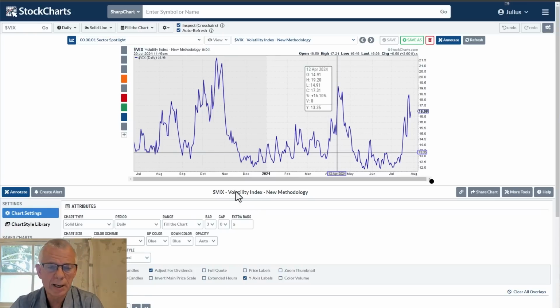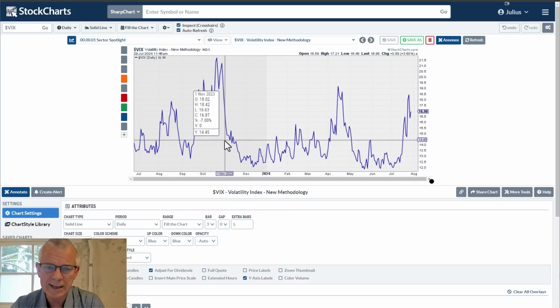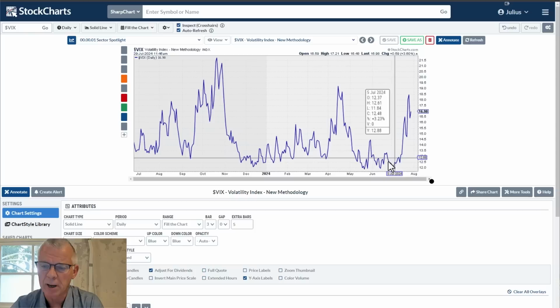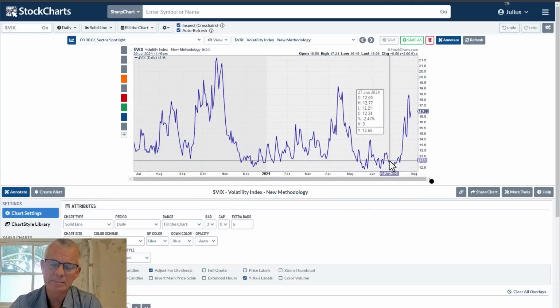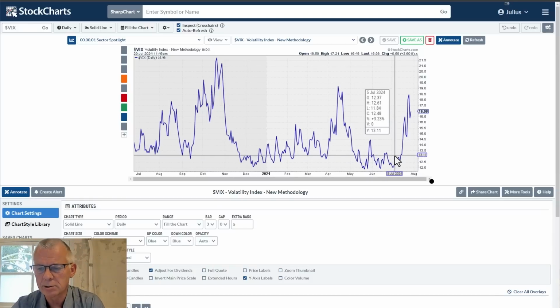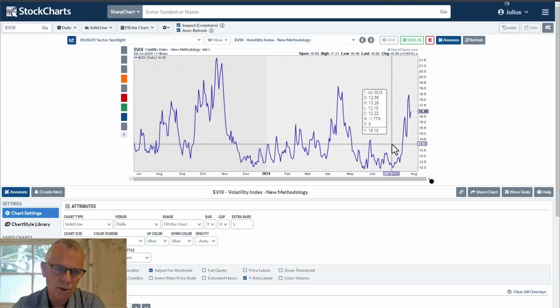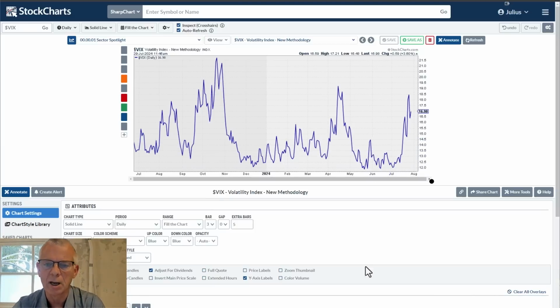When we take a quick look at the developments in the VIX index, you can see a pretty big spike after months of very low readings for the VIX. And a rising VIX, as you know, is usually something that investors don't really like. Investors like clarity, like low volatility, and that is not the case anymore. You've got the VIX rising, so we've got a little bit more volatility. Pretty normal situation when the market is in consolidation or in a little decline.